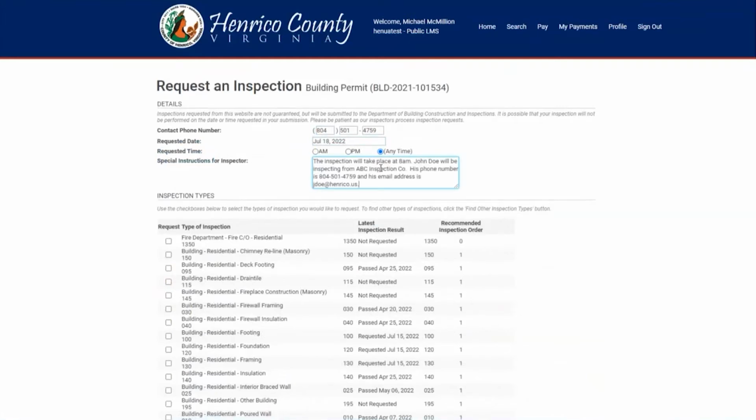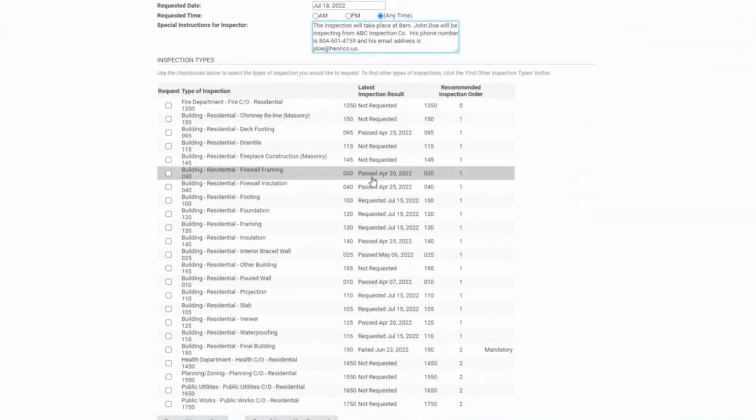We're going to want to put the time the inspection will be taking place, the name of the third-party inspector, as well as the company that he is with. You will also then want to leave the phone number as well as the email address of the inspector that is doing the work. After you've entered that information in the special instructions, you can scroll down and select the